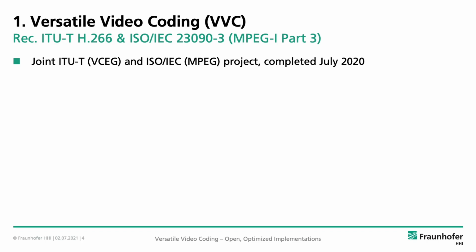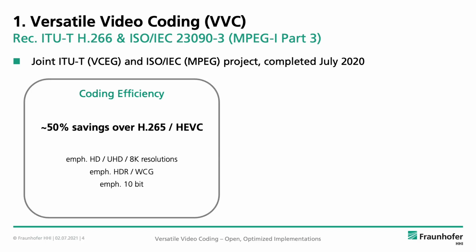It's now an international standard, published from the ITU side as H.266 and as MPEG-I Part 3 from the ISO side. One main goal of VVC is coding efficiency, providing 50% savings over H.265 HEVC, which is the predecessor standard of VVC,